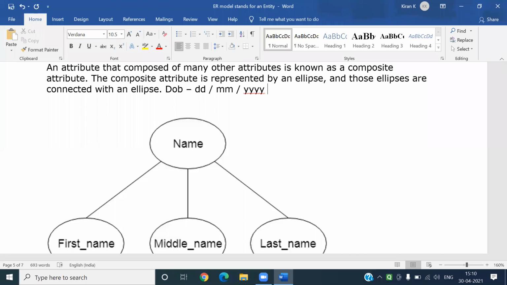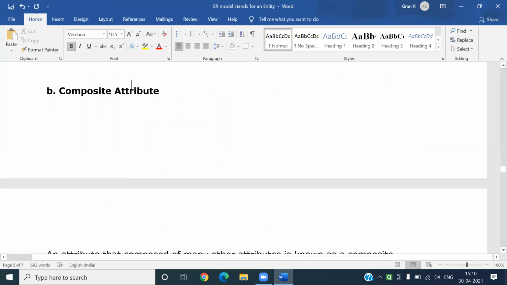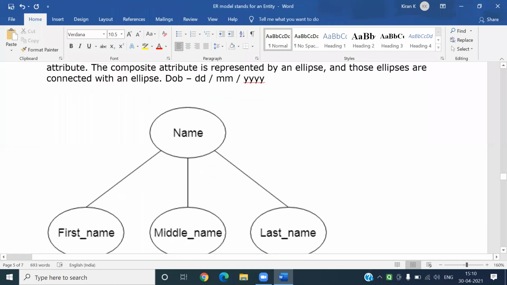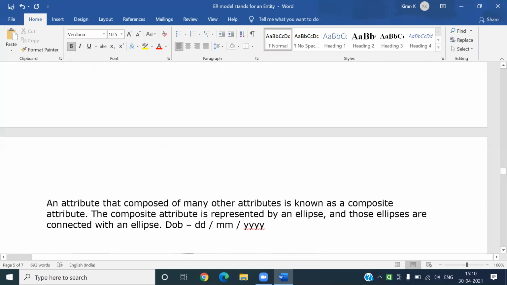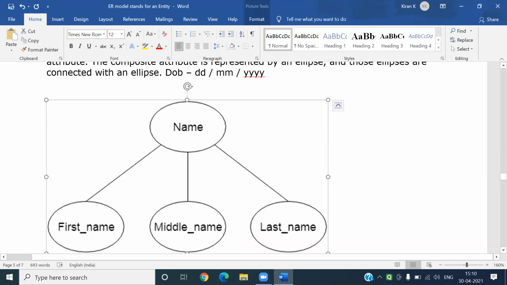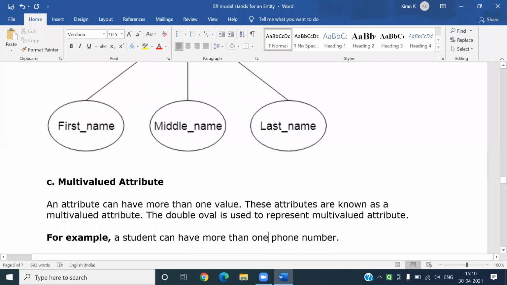Address is again a composite attribute. A composite attribute is an attribute that can be further divided into component attributes, consisting of other attributes.